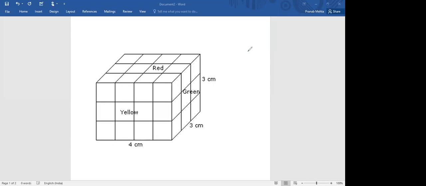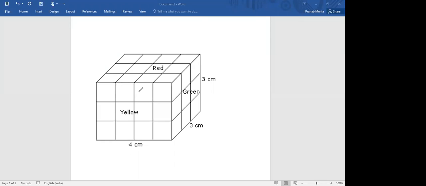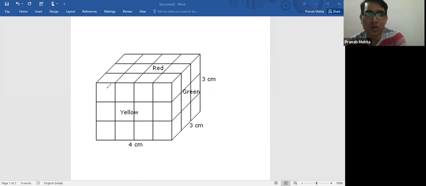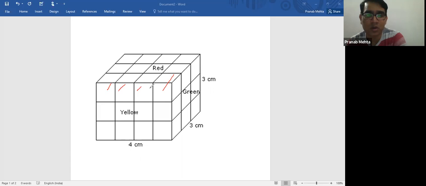Looking at the middle figure, I thought it will be 2. Yes, it is 2. But if you want to do the calculation, look, this is how the calculation will work. We are talking about total how many cubes we have. Any idea how many cubes we are talking about? 1, 2, 3, 4. 38 or 48?